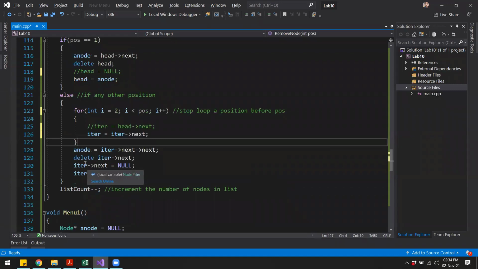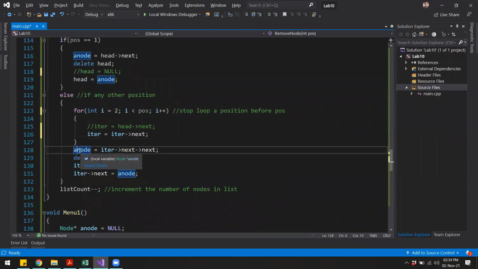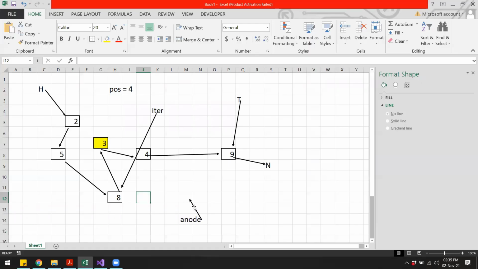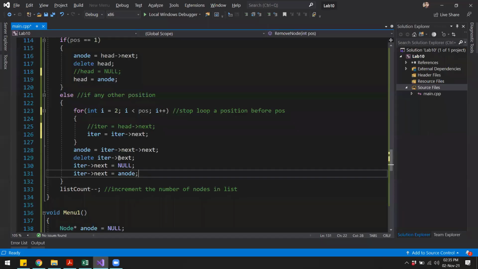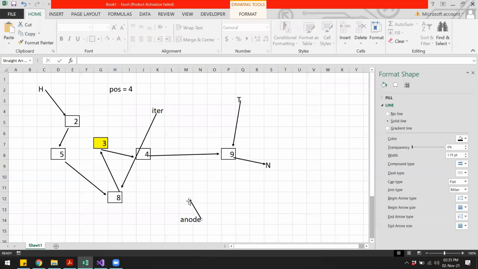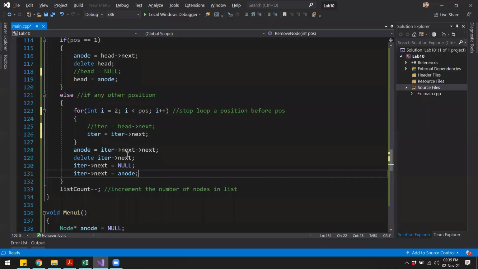Now what is happening over here? So we are saying inode is equal to iterator arrow next. So we are trying to make this inode point to iterator arrow next. So we will make this point to this node over here. We should have only one next.